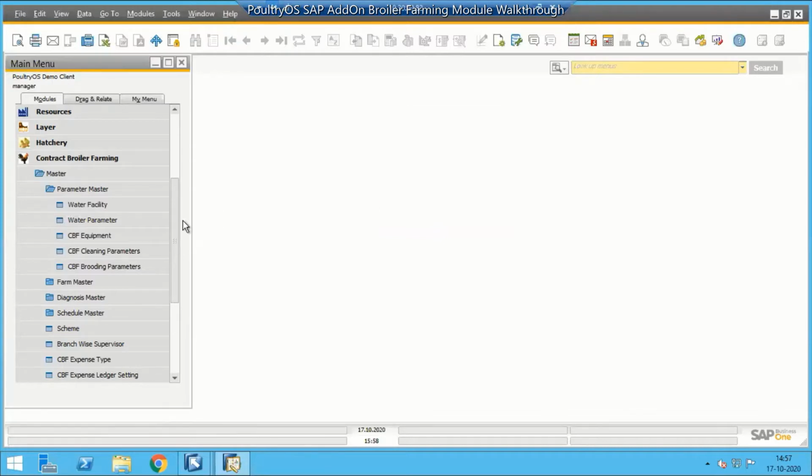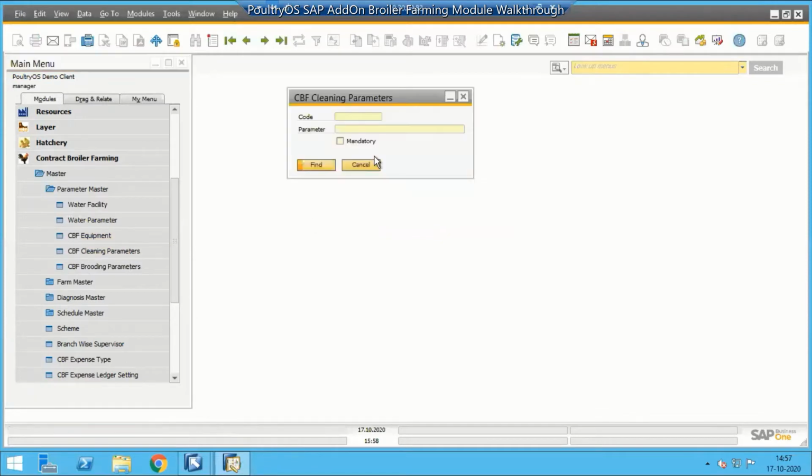Then we are providing the cleaning parameter. Mostly people are doing soaping, soap cleaning, then fogging, spray. That cleaning parameter, if you want to add, you can add here. That is the most important thing for shed cleaning. There is a way of putting a mandatory factor: let's say soaping is mandatory, then just mark it as mandatory. Without soaping, you cannot approve the shed. For marking a shed as ready, whatever parameters are marked as mandatory need to be checked, and accordingly data should be entered on the shed ready form.